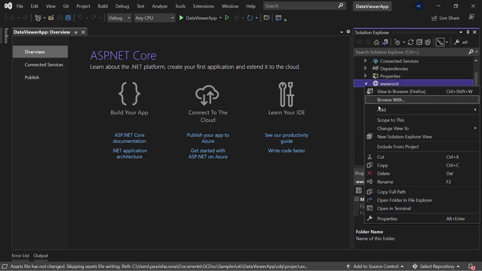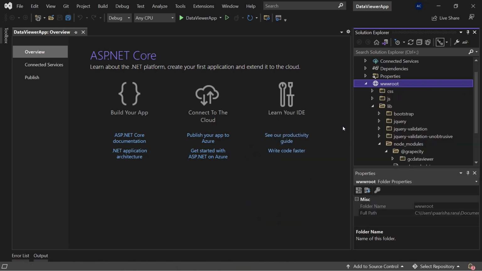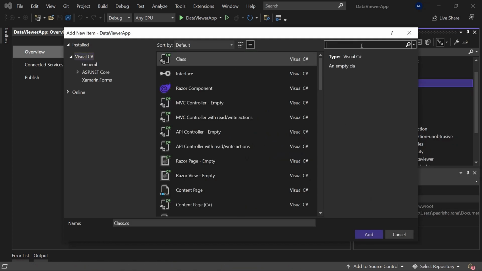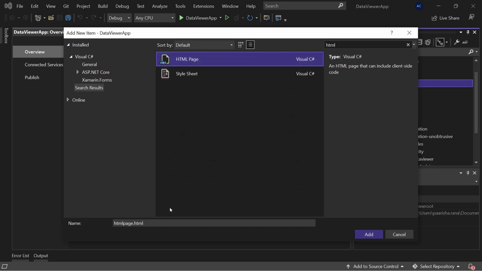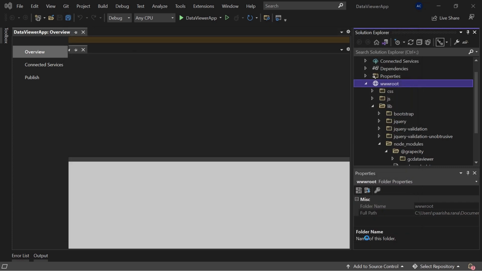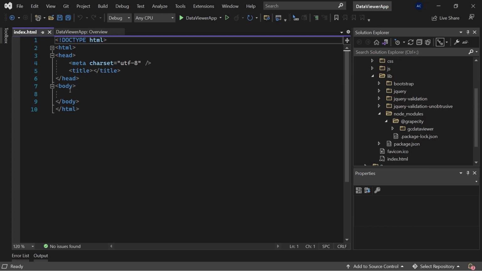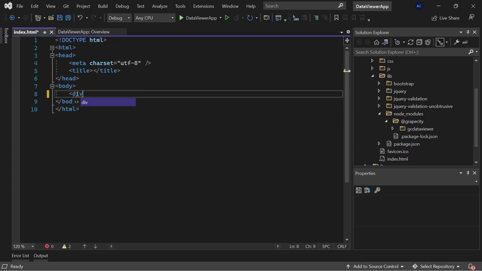Next, add an HTML file to the wwwroot folder and name it index.html. To the body of the HTML page, add a div container for the data viewer and set its ID to root.